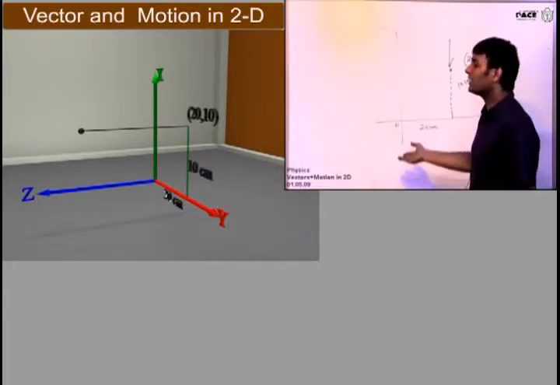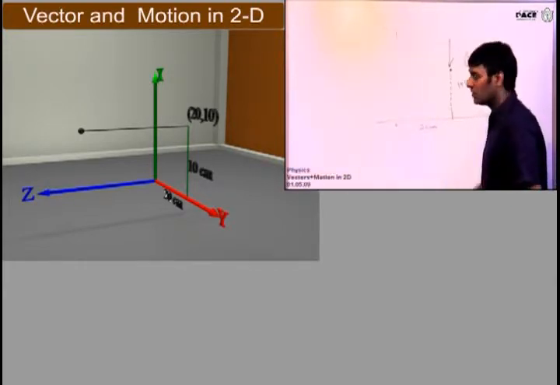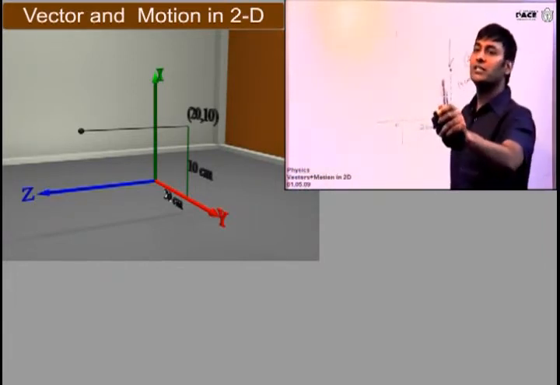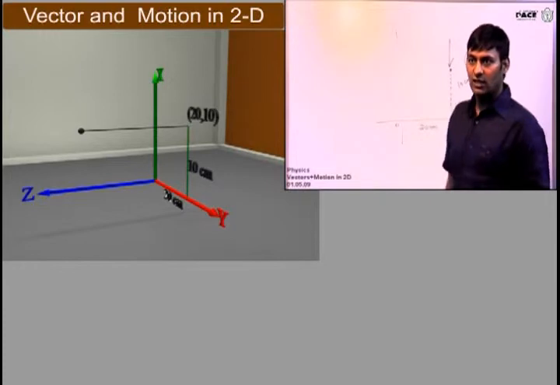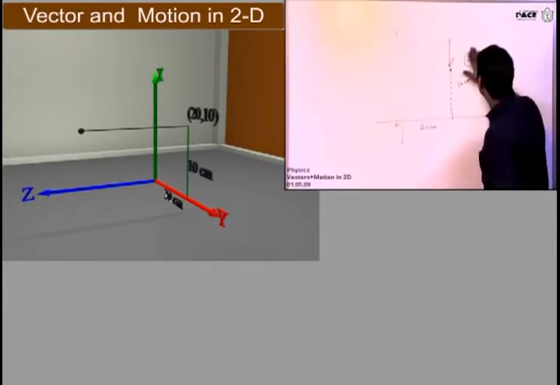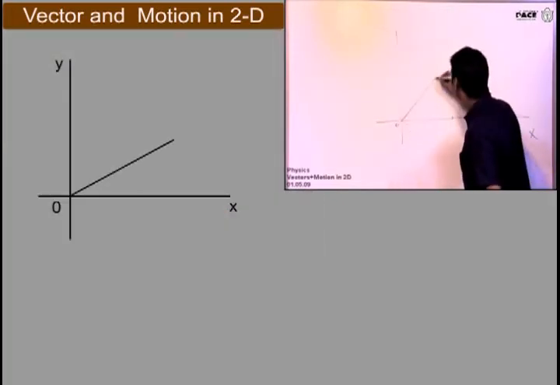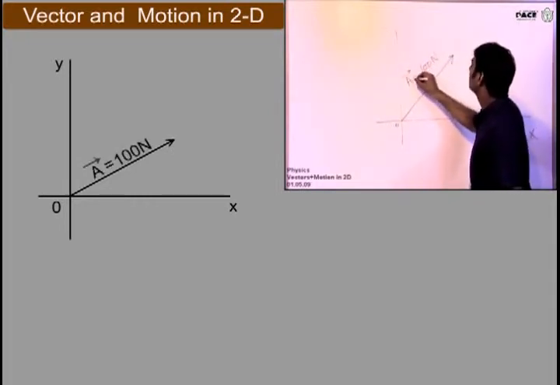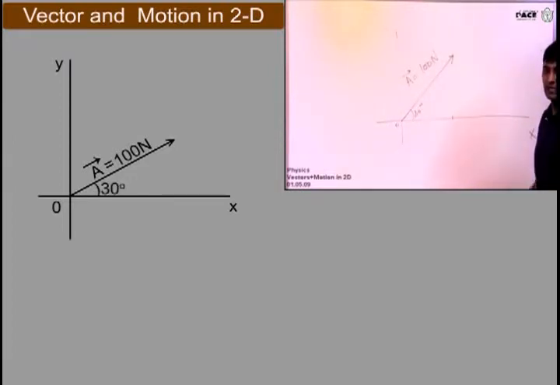And that, for example, you take the corner of a room. At that corner, you will find one line which is x-axis, you will find a vertical line which is y-axis, and you will find a third line which is z-axis. Now, any point inside the room, I need to specify it in terms of three coordinates, x, y, and z. Now, please see this. Now, suppose if I tell you there is a vector, this was just a point. Now, if I tell you there is a vector, and this vector is 100 Newton, and vector is A. And this angle is 30 degrees. I want to break this vector into two components. Can anyone tell me what will be the component along the x-axis? Fast.